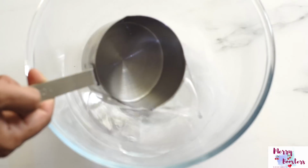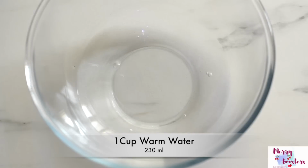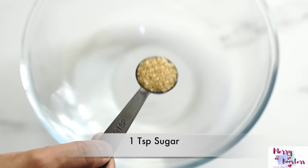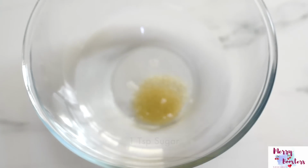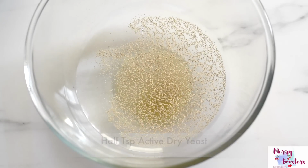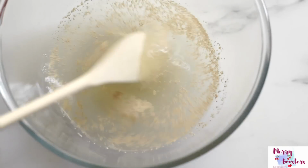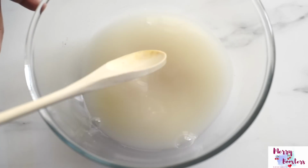Let's start making our pizza dough by activating the dried yeast. Yeast always needs a sweet and warm environment to bloom up. So here in a bowl I have taken 1 cup of warm water, into which I have added 1 teaspoon of sugar and half a teaspoon of active dry yeast. Stir them well until the sugar and the yeast get dissolved completely,